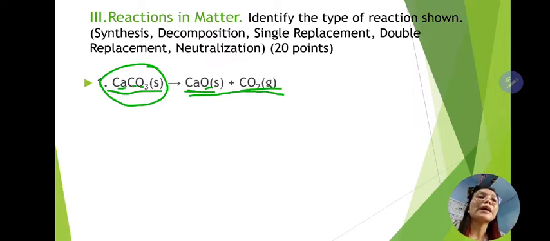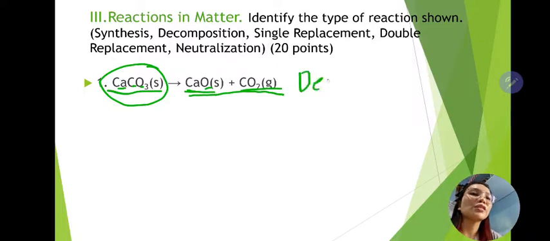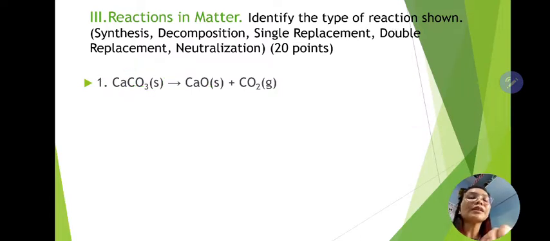So, what is the type of reaction there? From one reactant, we now have two products. So, the type of reaction is decomposition. Next,